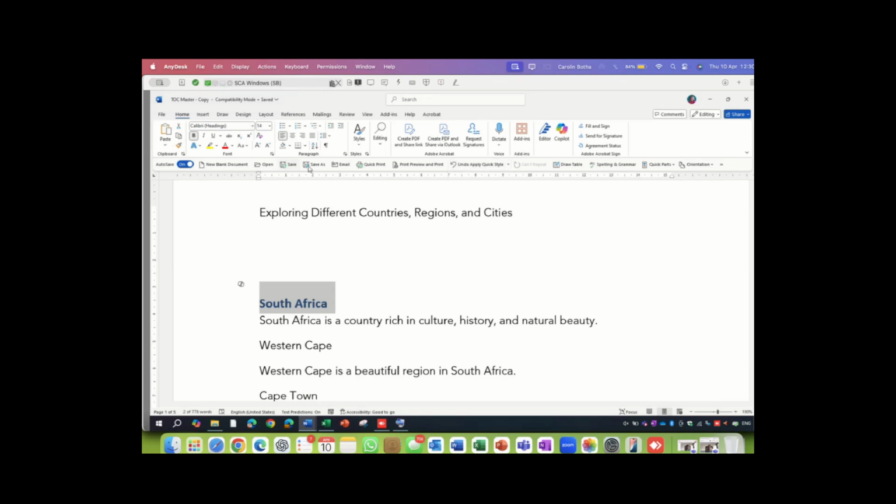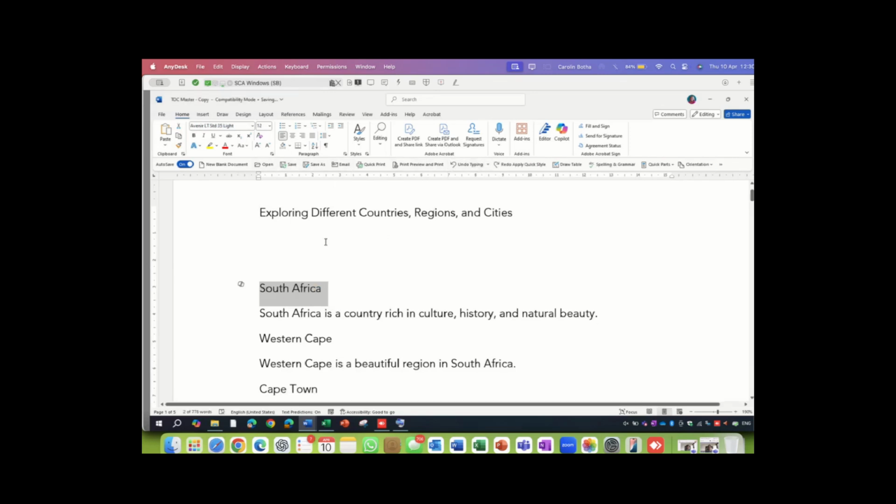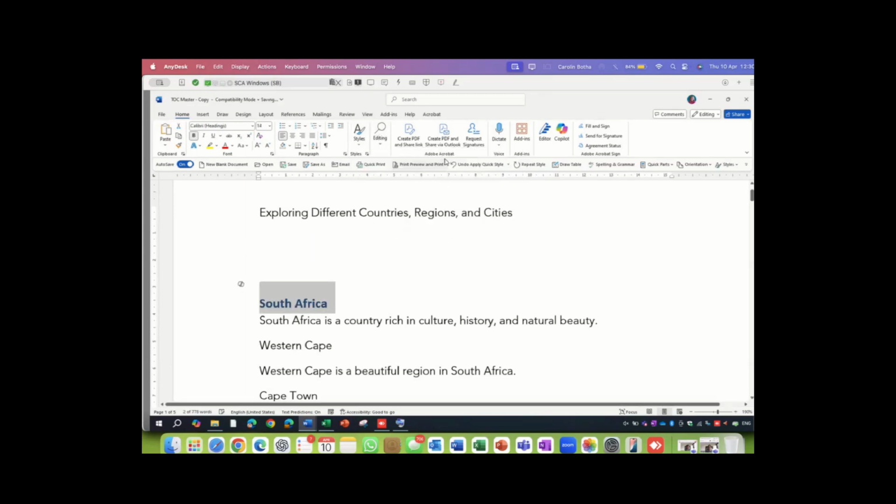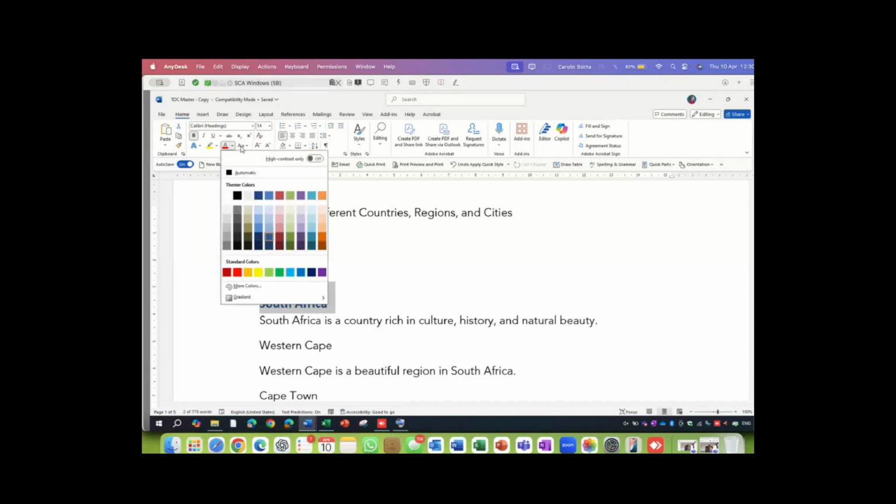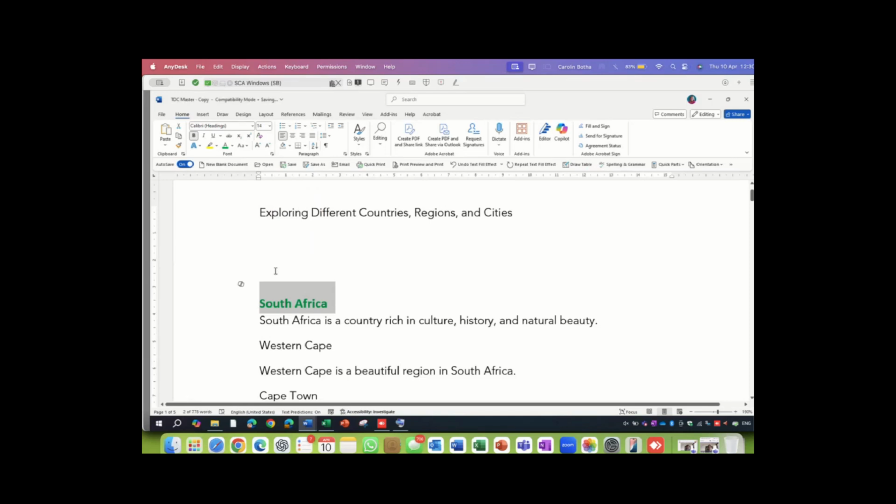Now what it does, it automatically formats it as well. Let me just undo this and show you what I mean. At this point in time, the font is Avenir, 12 font size, no bolds, nothing, no coloring. So once I apply the style, it automatically changed it to Calibri, which is okay. Bold it, and it changed the font size to 14. If this is not what I want, I can go and change the font to maybe a green. That is one of my business colors. I can keep it at bold. I can do a 14, leave it like that.